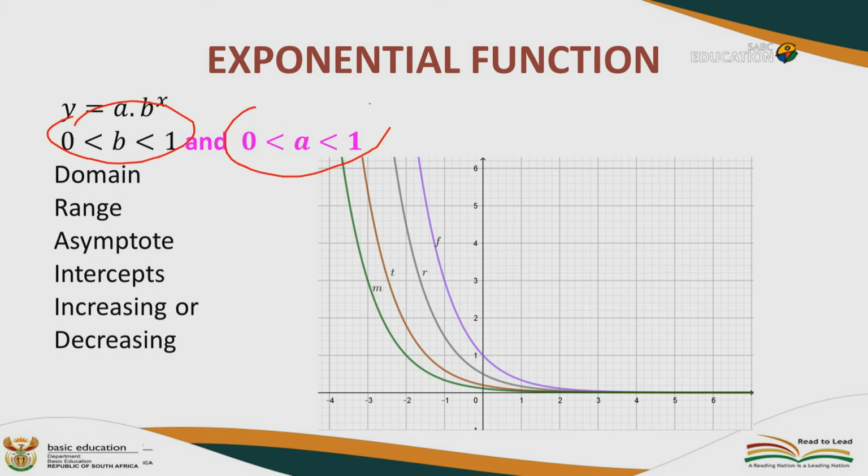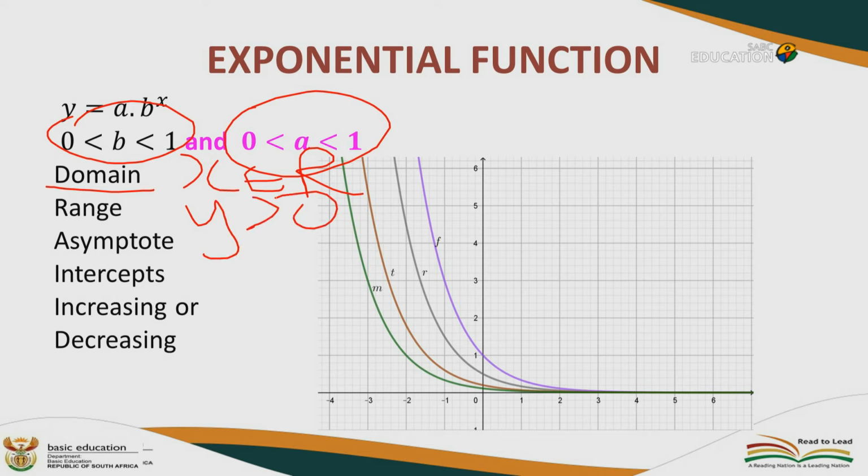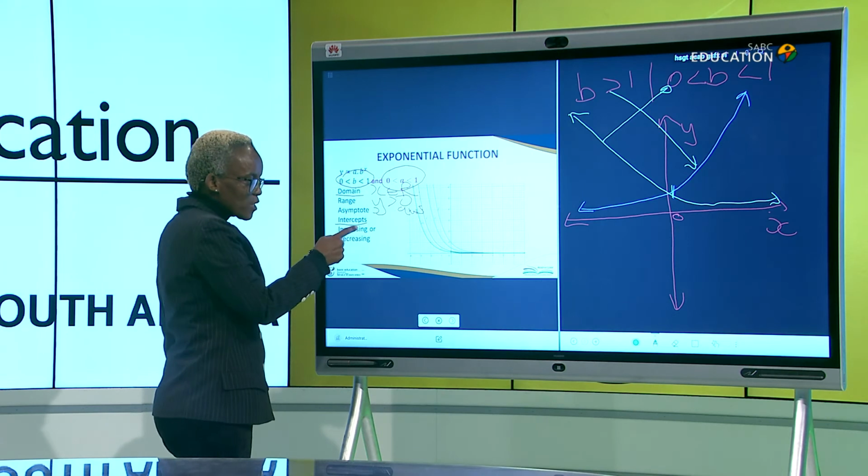Our a is a fraction. What will be our domain? Our domain, again, is still x, an element of real numbers. What is our range? Our range is still y is greater than 0. What is our asymptote? Our asymptote is still the x-axis. Our intercept will differ, because it is based on the a. For our basic graph, we have (0, 1). Then we will have (0, 1/3). We have (0, 1/5). We have (0, 1/9). So that will be our